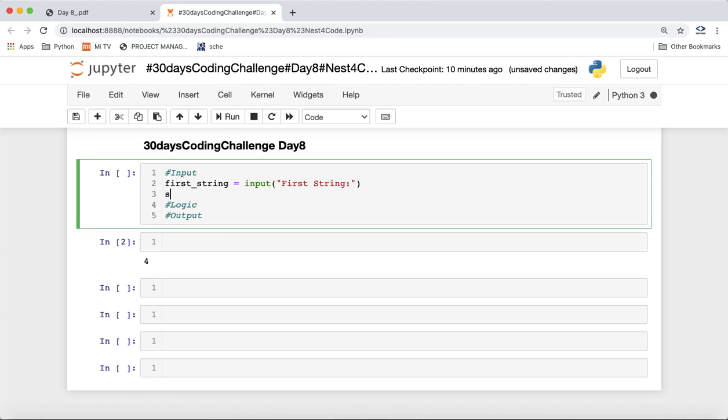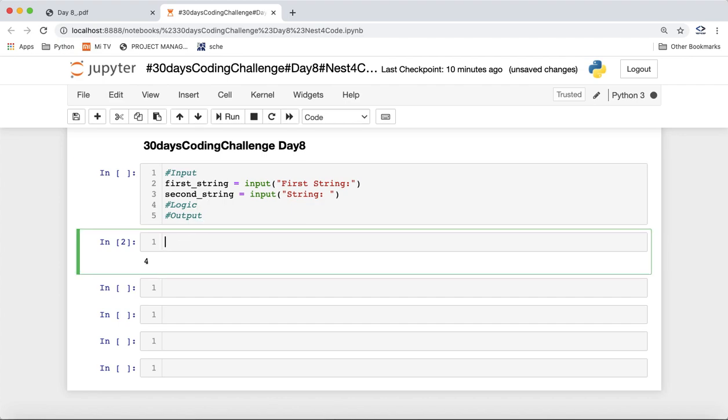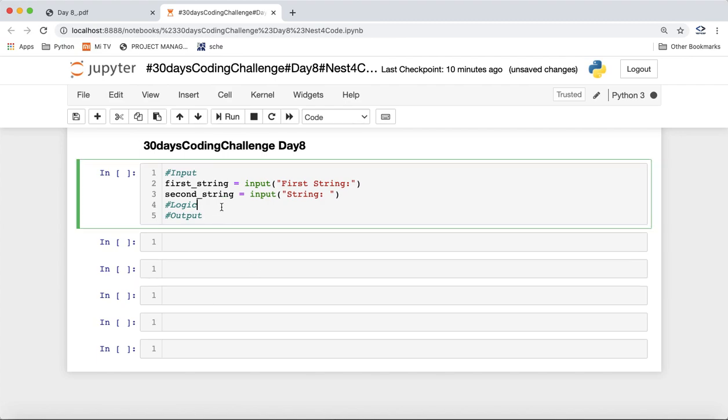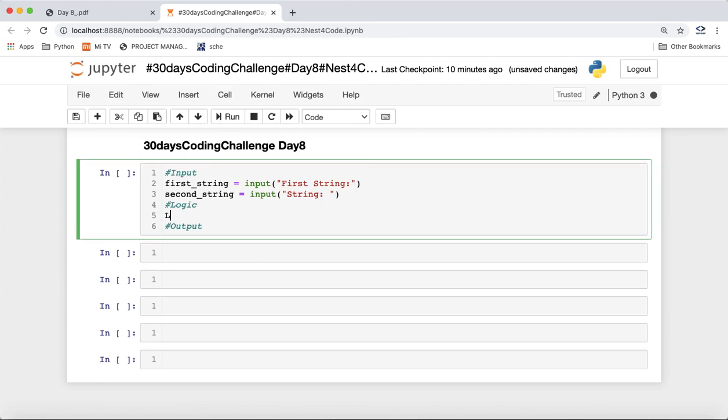The second will be a string, so we can name the variable second string, and in the message to the user we'll just show string. Here the user will be entering the second string. Once we get the strings, we want to insert it in the middle of the first string, so we need the length of the first string, because it can be any even number. We have a len method in Python which gives the length of a string, so we'll store it in a length variable.